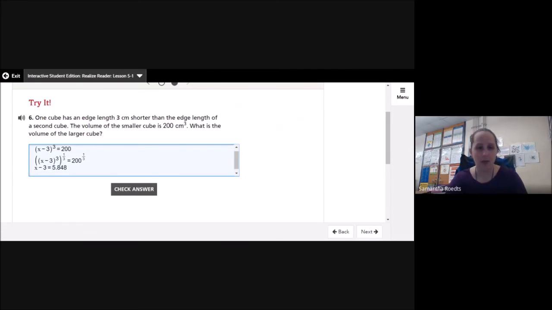So I get x minus 3 equals 5.848. Okay, and then I'm going to add 3 to both sides. So x equals 8.848. What is the volume of the larger cube? So the larger cube is 8.848 cubed, or approximately